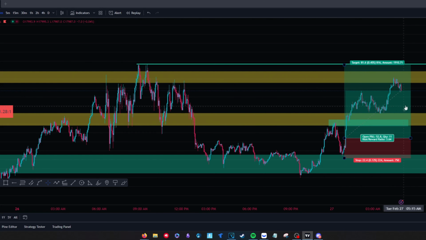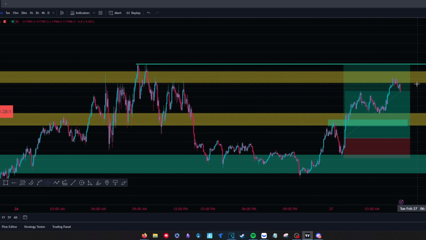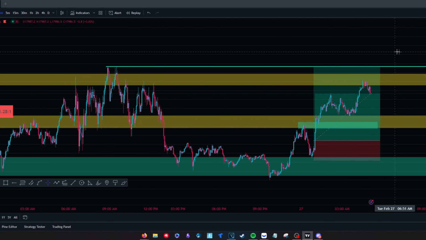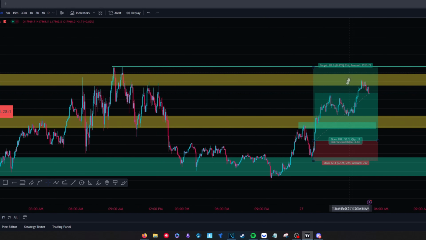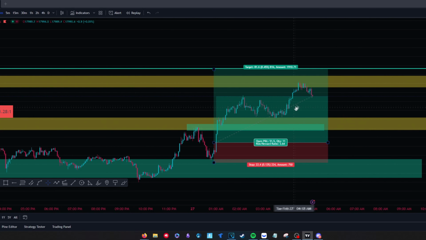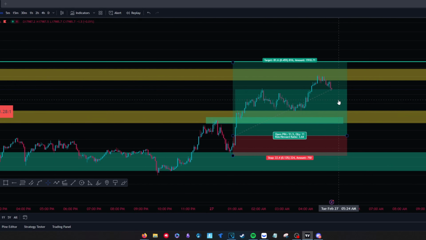I'm still holding full size on this position. In hindsight, I probably should have taken a sell there, but it's okay. I'm okay with letting the trade return all the way back to break even if it has to. But also very key here, I didn't want to see price break below here, and guess what happened? Price held above this area, so I didn't end up exiting that position,